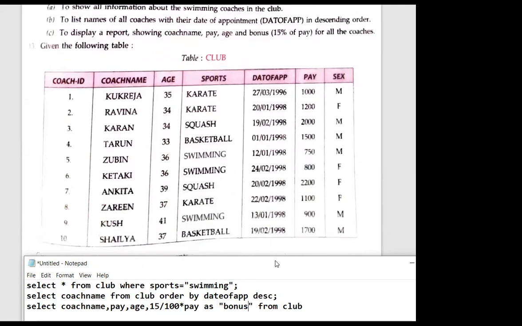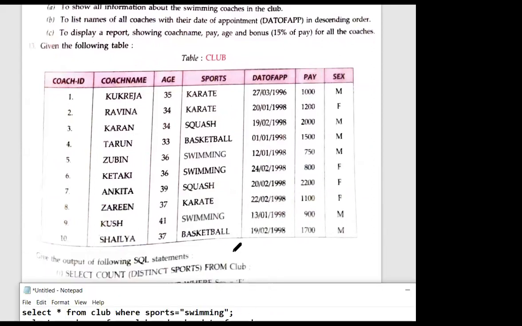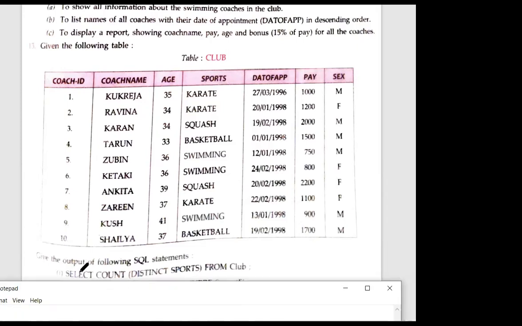Then you can see the last table again, and we have very little time. The best part is you only have to write the output of this. Output means now you have to tell me what is the output of this: select count distinct sports from club.